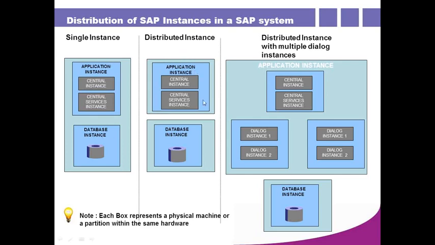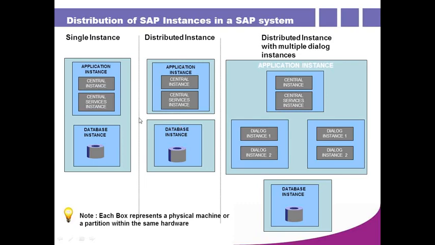If you observe the second picture, my database is separated. See, a separate rectangle, meaning this is one server. The database is installed on a separate box and SAP is installed in a separate box. Observe, I have 2 instances here and 2 instances here. Whatever the instances may be, SAP is separate and the database is separated from SAP. The database is installed on one server, and SAP is installed on a separate server. That is why we are calling it distributed.